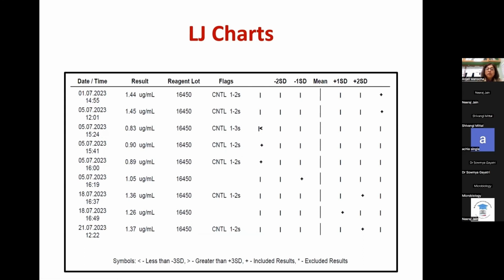Now here something was done, and the trend starts again, comes near to 1 SD, comes here again and comes here. So this is what the lab has to investigate: what was done. Was the reagent changed here? Was the calibration done? Was the control changed? If there was any change, what was the reason for the change and what was the root cause that was happening? Because once it was done here, again the control is out here.